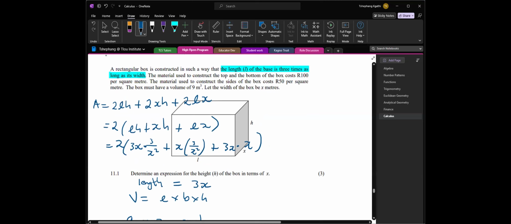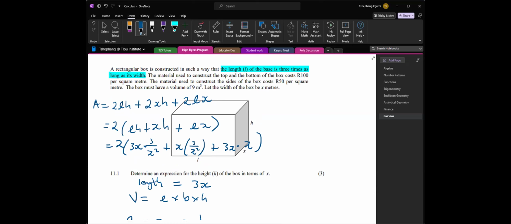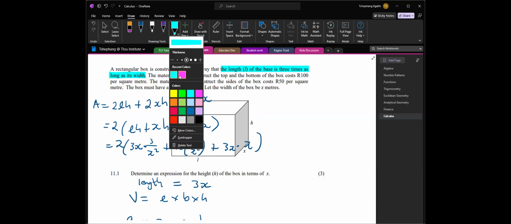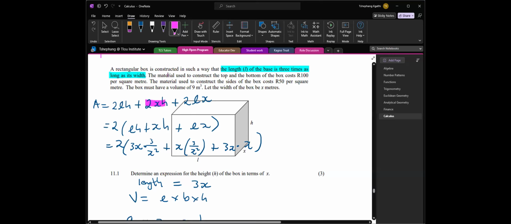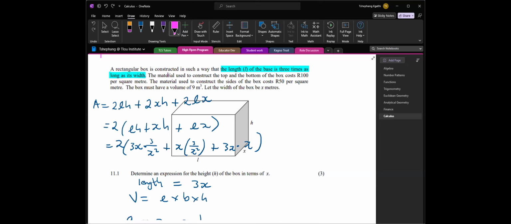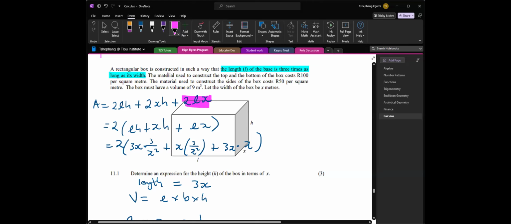Remember, they did say something about the material used to construct the top and bottom. Which ones are the top and bottom? So length, so the top and bottom, I will 8. So this part and that part. Right, let me just fix that. The top is length multiplied by 8. So that part costs